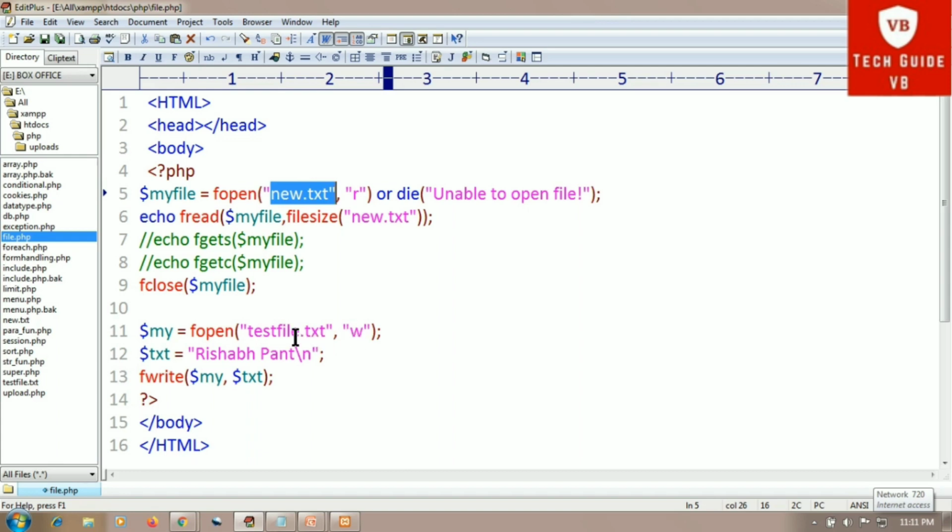Here testfile.txt is the file which we will open in write mode. This is a blank file at the start. Then we will write this content to testfile.txt through the function fwrite in brackets $myfile comma $txt, and this content will be written to testfile.txt because it has write mode.